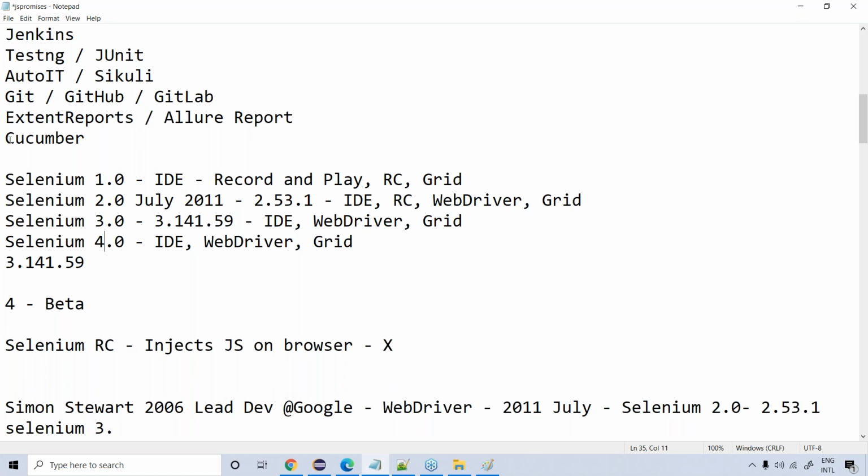Whereas Selenium is completely open source, and there are a lot of things that Selenium can do which QTP cannot do. The other disadvantage is that QTP only works on Windows, whereas Selenium works on all major operating systems. These days, people are using Mac, people are using Linux, whereas QTP only supports Windows. So if a client wants